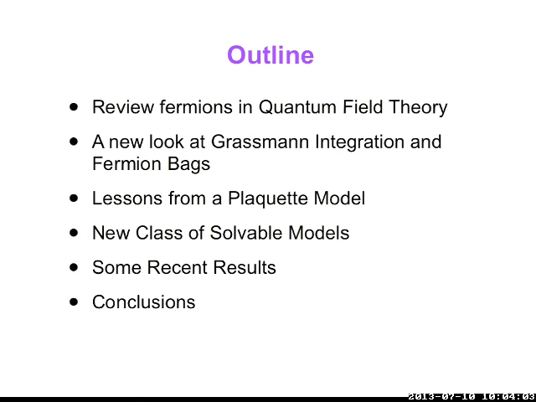Then basically we deal with fermions starting with Lagrangian formulations where fermions are represented with Grassmann integrals, and for almost, I would say, 30 years or so, the approach has been a fixed approach, right? And that's what in the condensed matter community is called the auxiliary field approach. For us, often the auxiliary field is already the dynamical field, but then we can also deal with 4 fermion interactions using that direction. However, one can do these Grassmann integrations in a slightly different way. That's what I would like to explore here and motivate that there is a new idea that I've been exploring, which I call fermion bags. I will explain what that means.